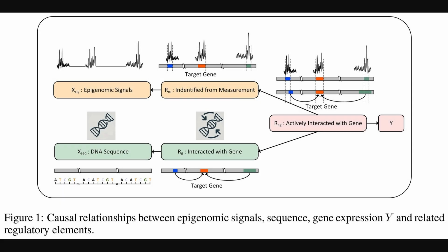Alright, so this first figure lays out the conceptual groundwork. It illustrates the causal links the authors are modeling, starting with the raw DNA sequence and those epigenomic signals. These inputs influence different types of regulatory elements, like ones identified by measurement, or ones interacting with the gene. Ultimately, it's the actively interacting elements that drive the final gene expression, which is the target Y that Seq2Express